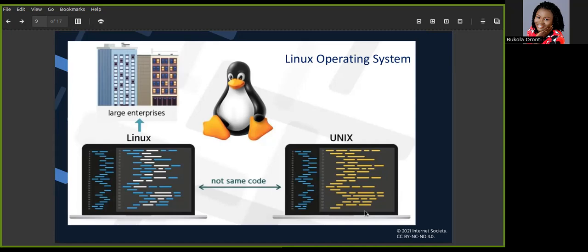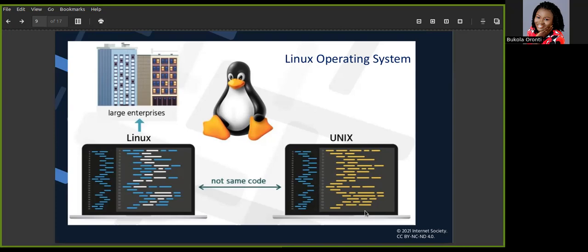So a man known as Linus Torvalds in 1991 developed his own operating system from scratch. He did not use the source code of Unix. He developed his from scratch, but I'm sure the idea was borrowed from the performance of Unix. So Linus Torvalds in 1991 developed another operating system that has the same capability as Unix and named it Linux.